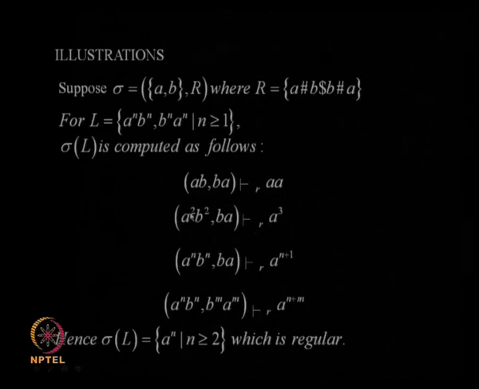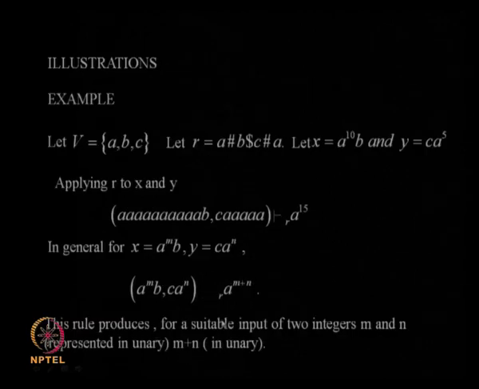Similarly, we can get any string, and you find that any string of A's can be obtained for n greater than or equal to 2. So, the language generated by the system starting with this language, the axioms with which you started, if you perform a single splicing operation, it is not iterated splicing, but just one splicing operation, then you find that you can get this particular language.